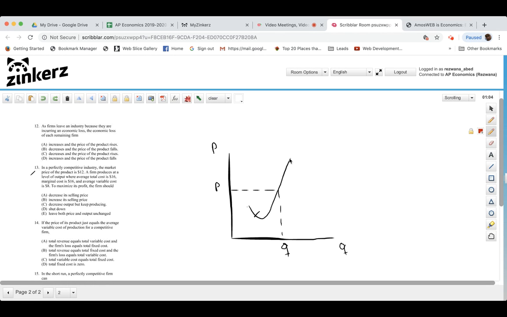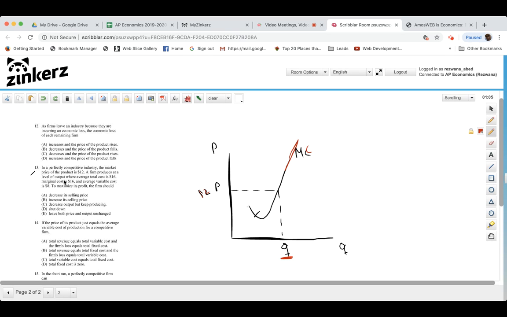I understand what the confusion is. They're giving you all this information, but it's not that helpful, because you don't know what the level of output is. So it says that in a perfectly competitive industry, the market price for the product is 12, and a firm